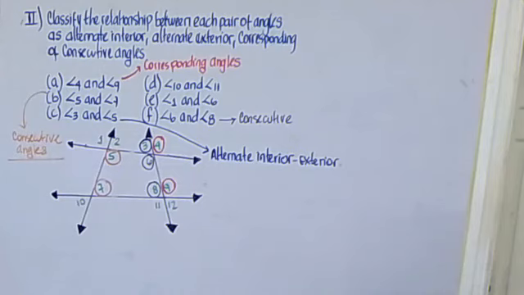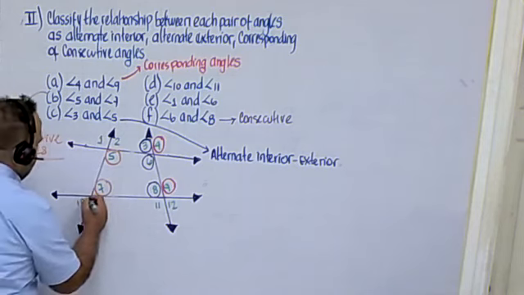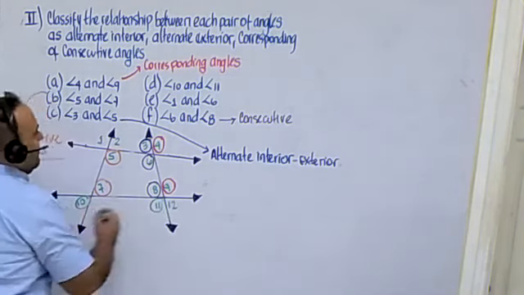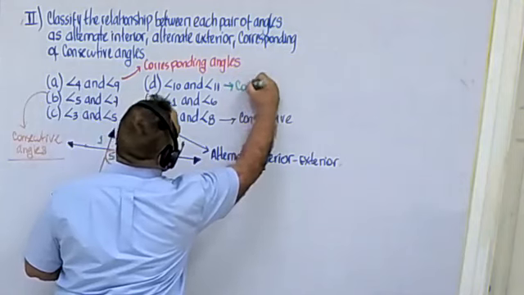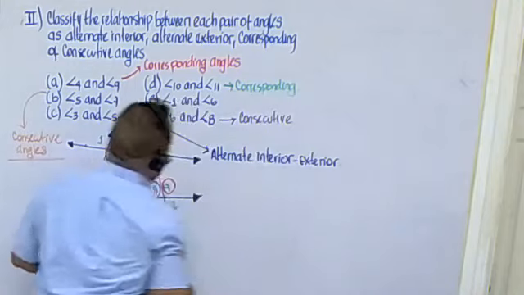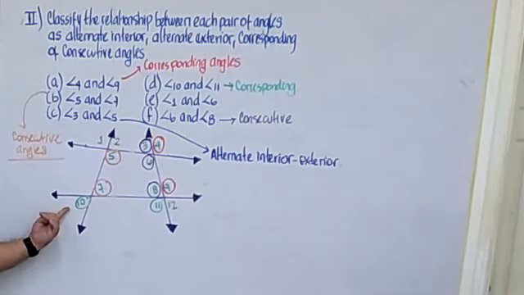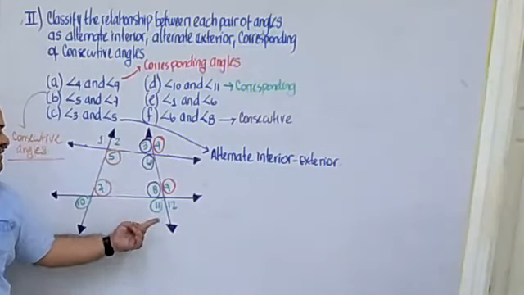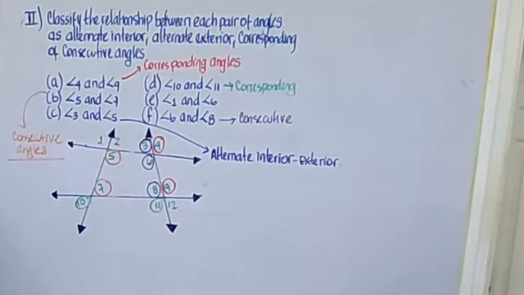Let's see the angle 10 with angle 11. What kind of angle do we have? Corresponding. Perfect. Why is it corresponding? It's corresponding because the number 10 is located in the downward part, left side. The same happened with the number 11, downward part, left side, same position. That will be corresponding. And to finish, angle 1 and angle 6 will be